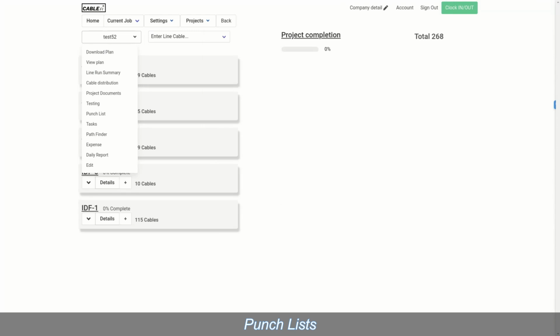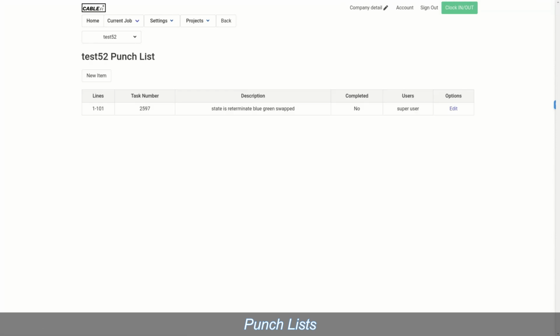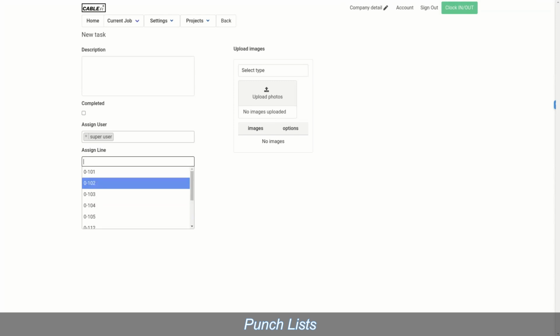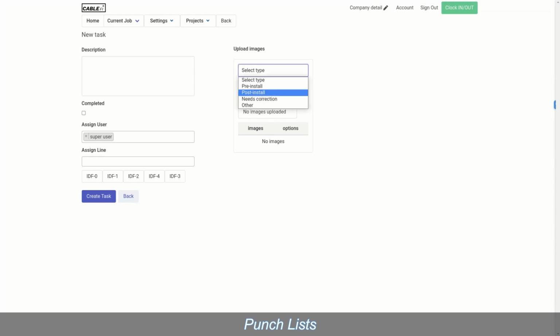Alright, so now what I want to show you is punch lists. You can create a punch list. Now, what we typically see are site leads and foremans, and even project managers, whether you've got on-site guys walking the site daily, they can create a punch list. They can add a description here. They can assign a user, and they can also assign cable numbers. Now, if they have a point of interest that they've taken a picture of, they can select what type of picture it is. So let's say it's something that needs correction. They can upload the photo,